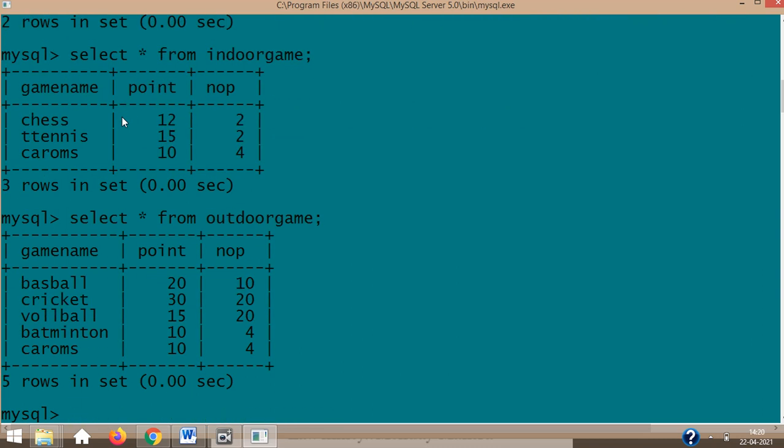You might have already noticed that the field names are the same, even though the values are different. Of course, one similar record I have put. Carom is there for some other reason. That means for union, in order to connect two tables, you need to have the same field names for both tables. Only then will the union work.